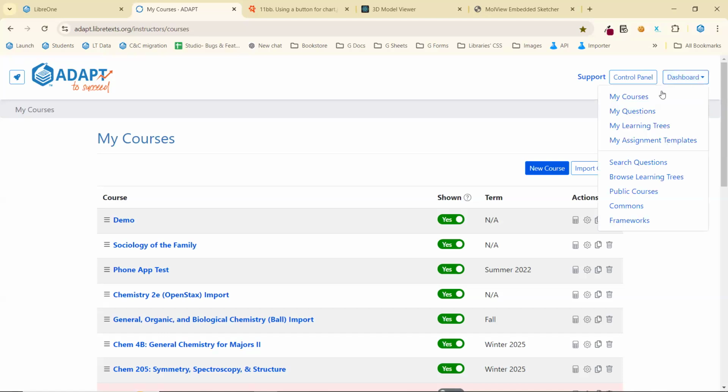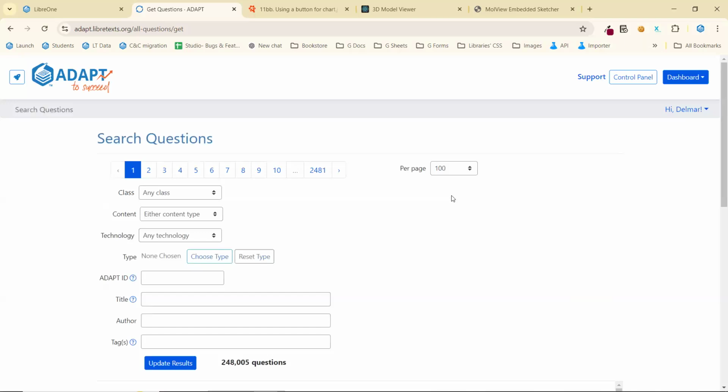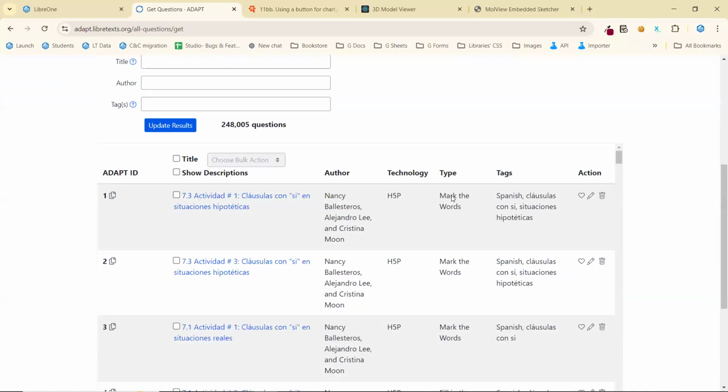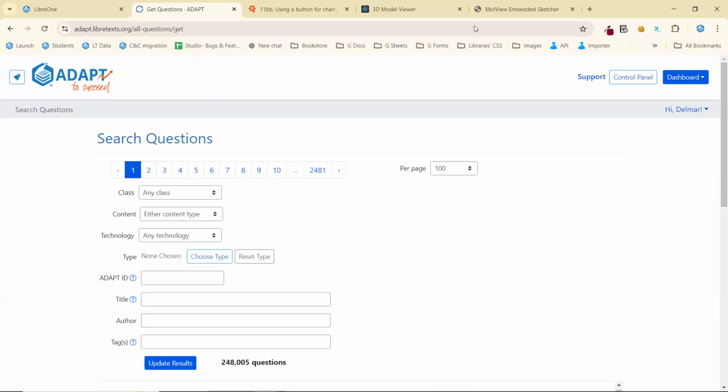When you actually sign in, we have access to my own personal courses and questions and learning trees and assignment templates, but I have the ability to do a search through the 250,000 questions that are out there. So when people have existing question banks, we can bring them in and integrate them into our platform so then everyone can capitalize on it moving forward. So again, if you have an OER bank that you've created and you want to share with other verified instructors, once we verify it, this is a great platform to do so, to ensure that instructors can find questions that are of particular importance for them.